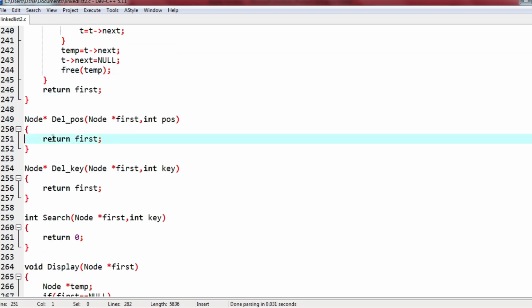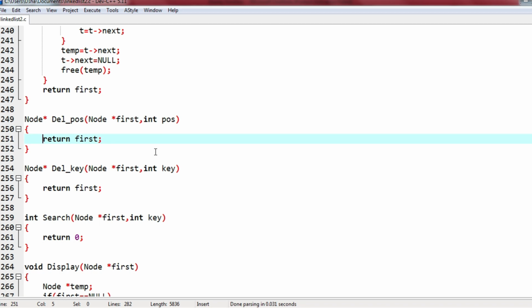Now deleting at a given position, for this also same as insert position, we have to do delete position. First we need to check whether position is valid. If it is valid, we have to delete it. Here we are not adding a new element. Again here we need to be in the previous position. If I want to delete fifth element, I need to be in the fourth element. And since I am going to delete fifth element, whatever is presently sixth element is going to become the fifth element. So fourth element's next pointer should point to the sixth element, and then fifth element we need to detach from the list, and then we need to delete it.